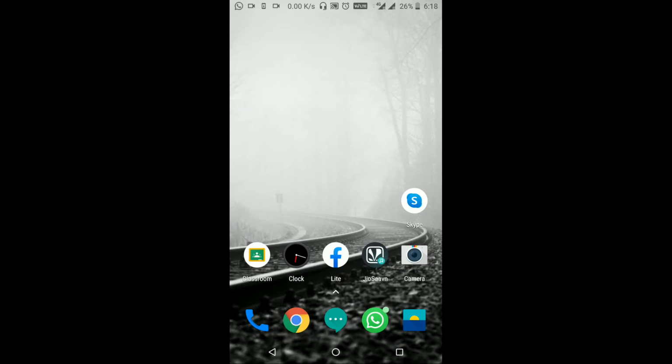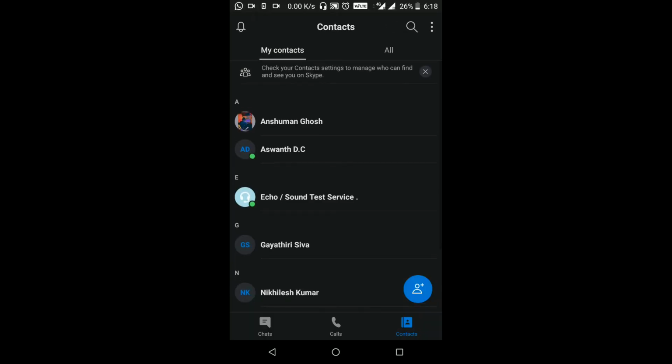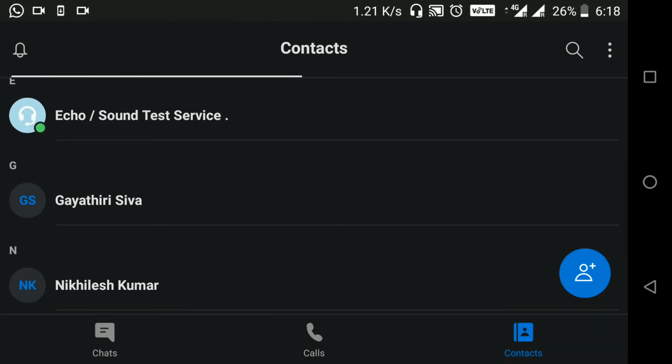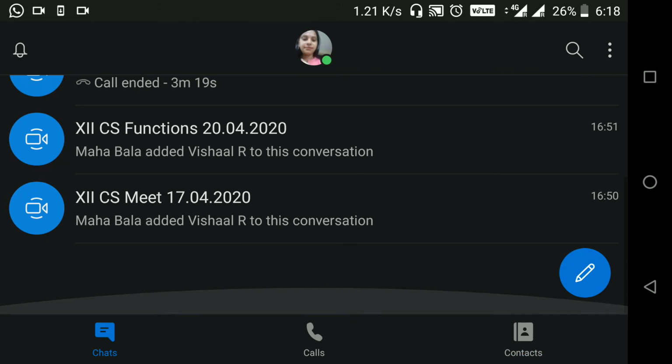You can see that Skype is already there in my phone. I will click on it. The first window which will appear in front of you will be this chats window. You can see that chats, calls, contacts are the three options available for you. Contacts will help you to add contacts in your meeting.